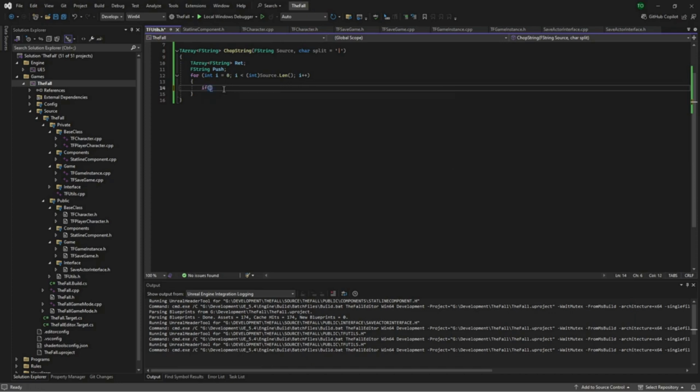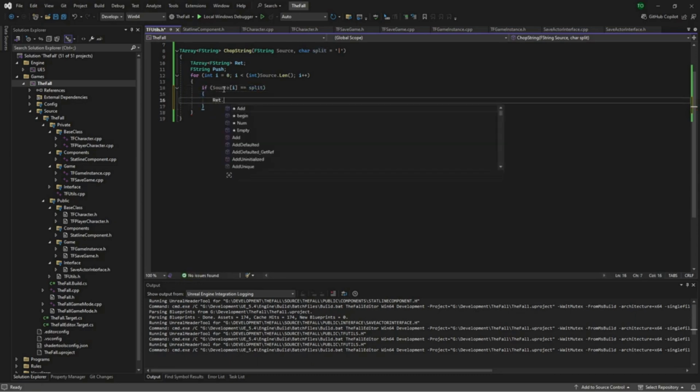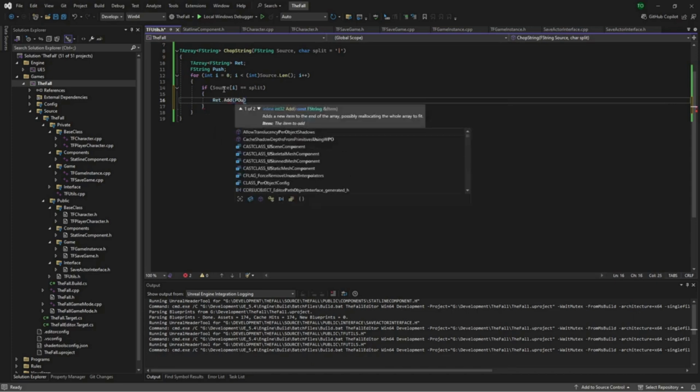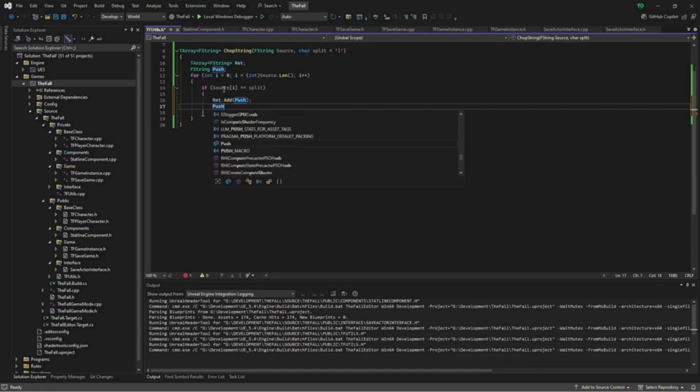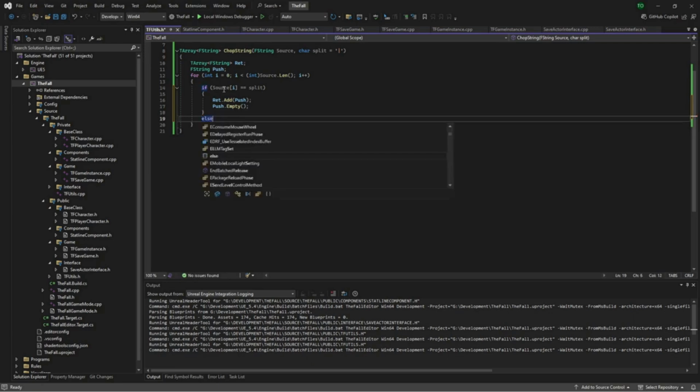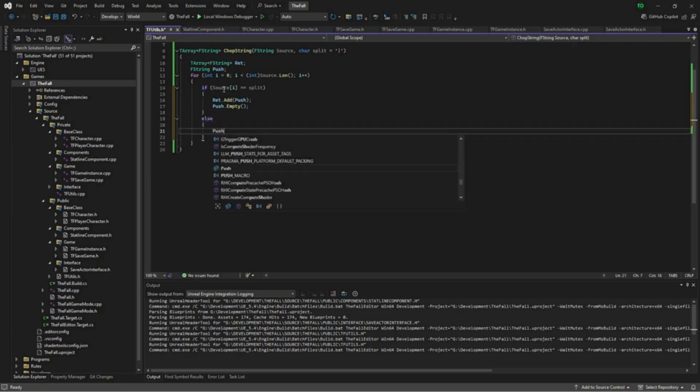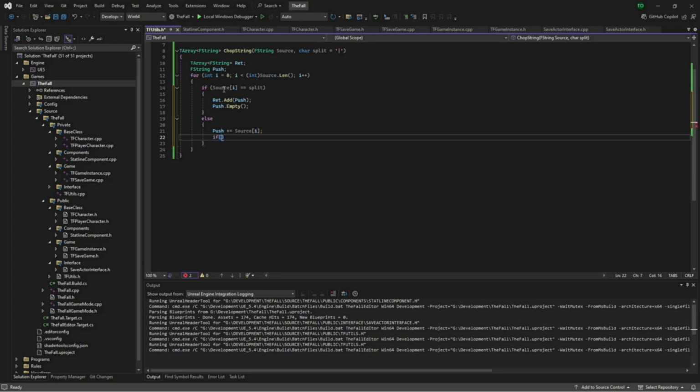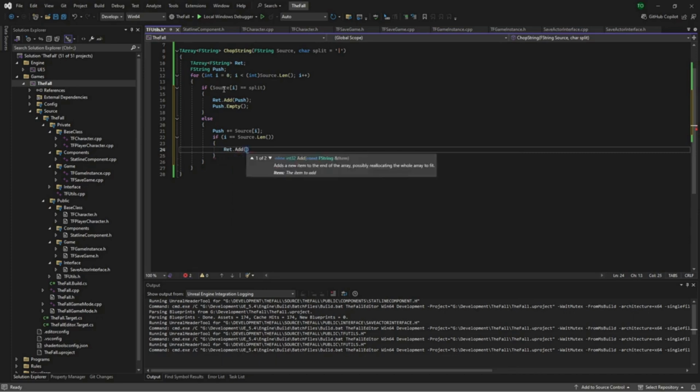So if source i is equal to split, we want to take ret.Add push, and then we want to clear out push, push.Empty, else push += source i. If, or sorry, if i equals source.Len, ret.Add push,